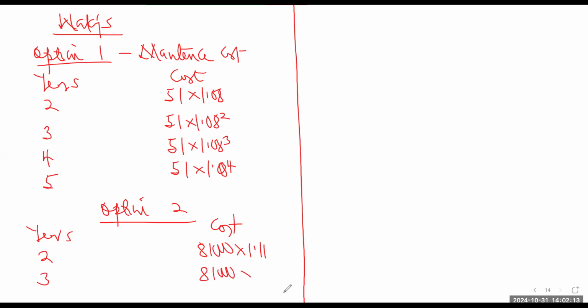89,903. Okay. 1.11 exponent to year 4, 81,000. 1.11 exponent 3. And